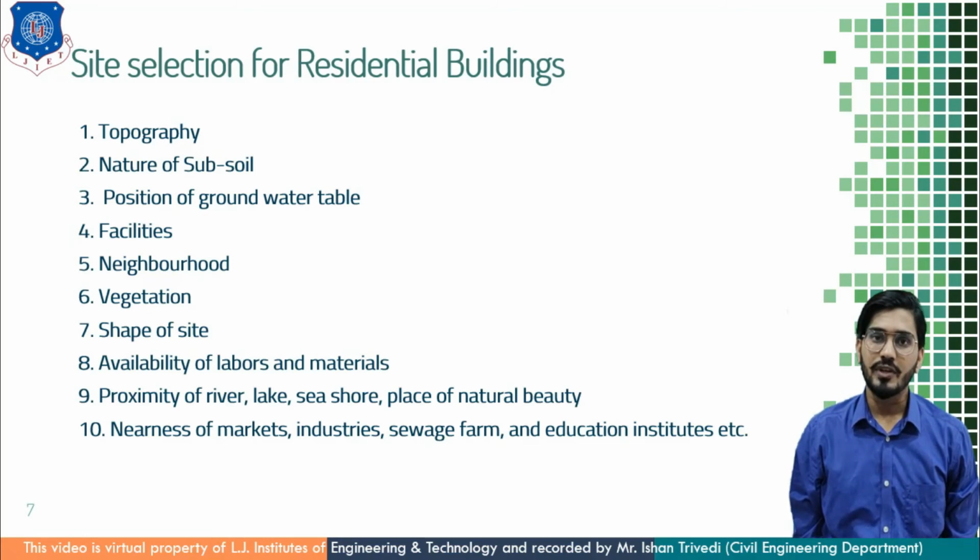Certain things we do not prefer in a residential area. These include market and cinema house, which sometimes create noise even at midnight. Then industries, sewage farm, garbage disposal land, brick or lime kilns, busy highways, railway, aerodromes, slaughterhouses and cemeteries. So these should be away from the residential area. So these are the factors which influence the residential building plan.